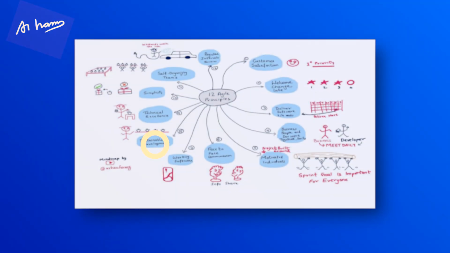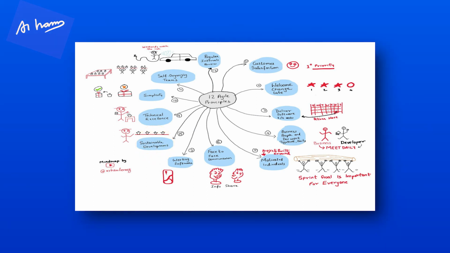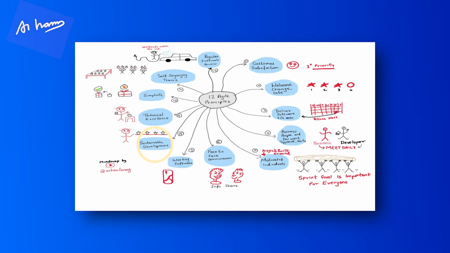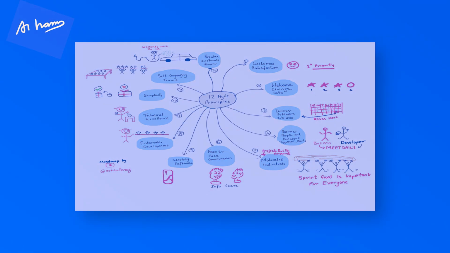Okay, then after that, sponsors, developers, and business people should all work together in a sustainable way. For example, they have to figure out the best output that we can deliver sprint on sprint, right? So this is very, very important. If it's 30 story points, it cannot become 45 story points in the next sprint, right? That's not sustainable. 30 can become 32 or 31, right? So that's a sustainable way of working. The eighth principle is that sponsors, developers, business people, everybody should work together in a sustainable way of working.